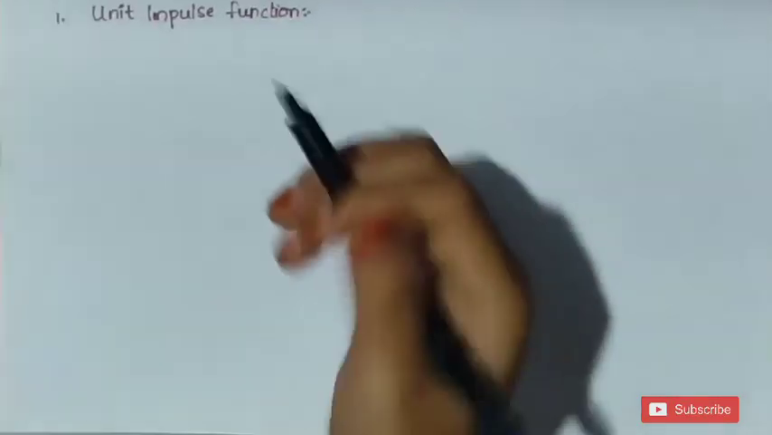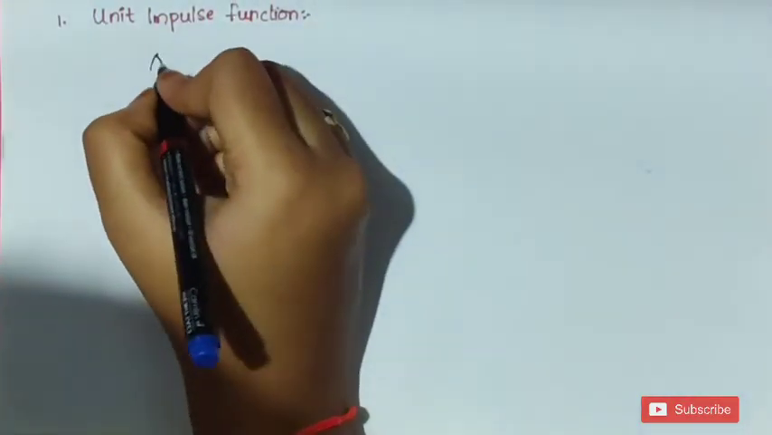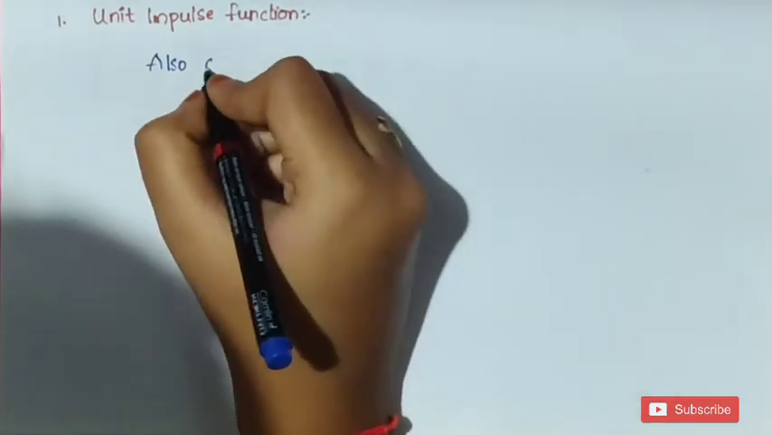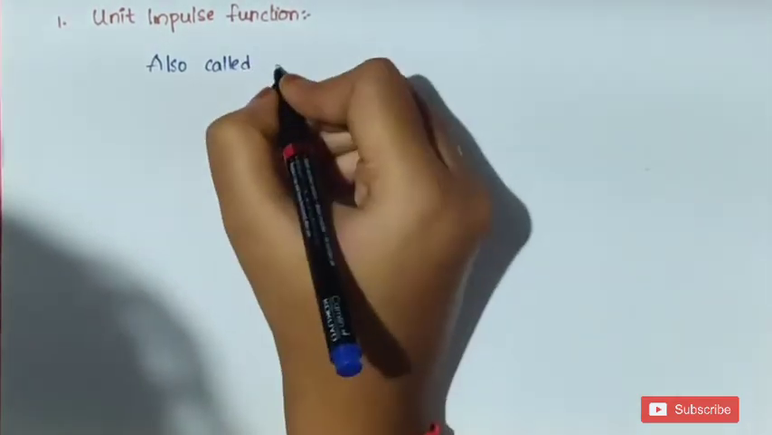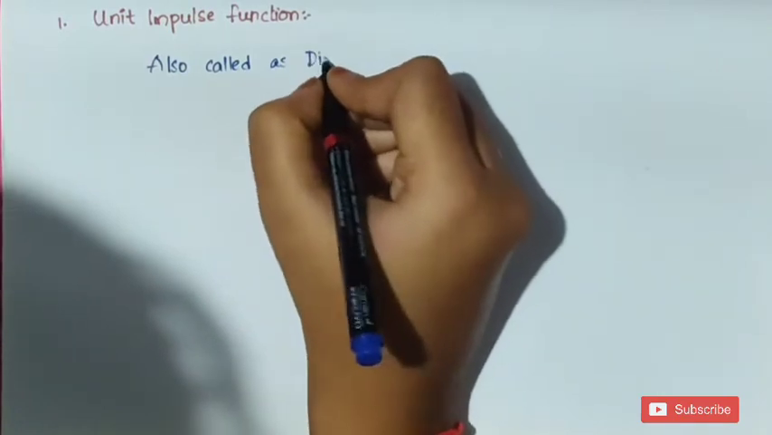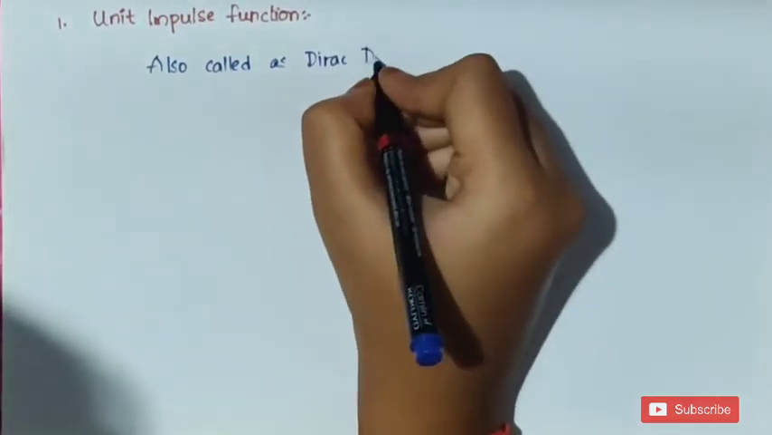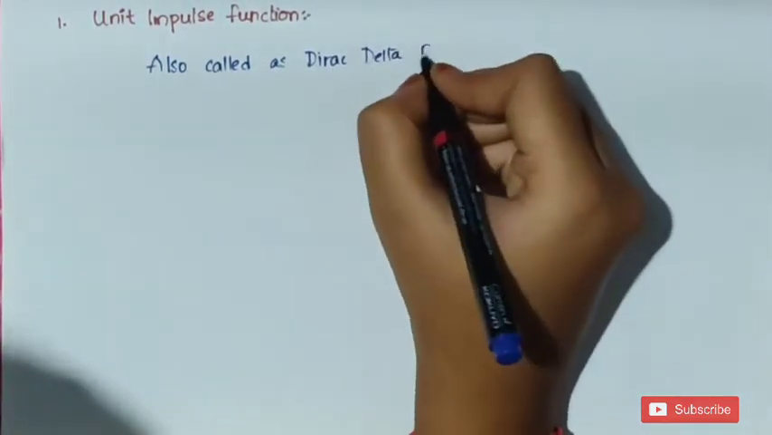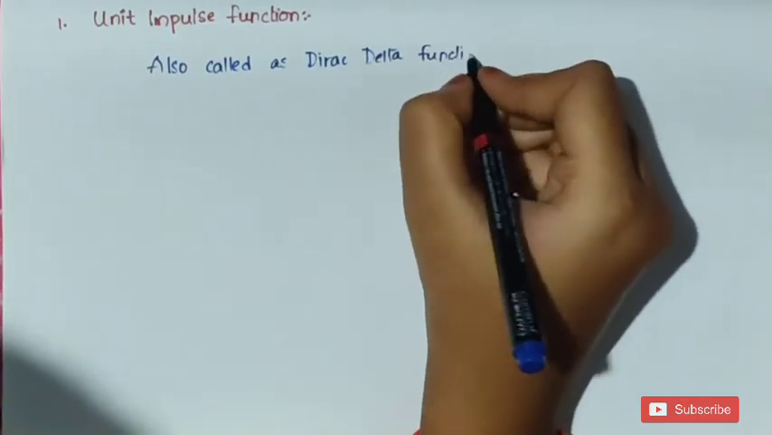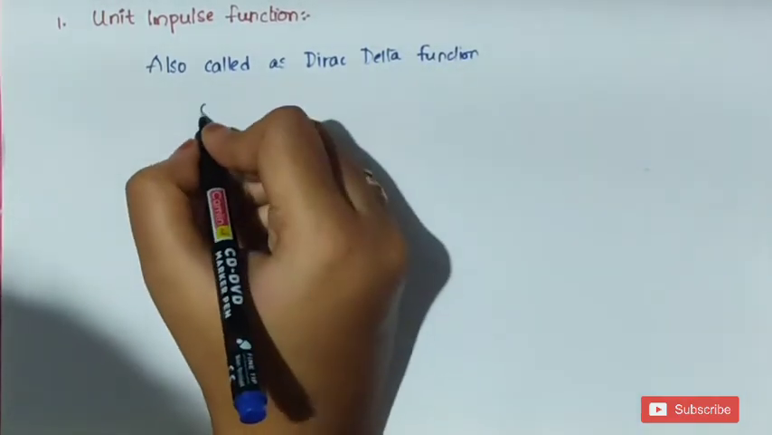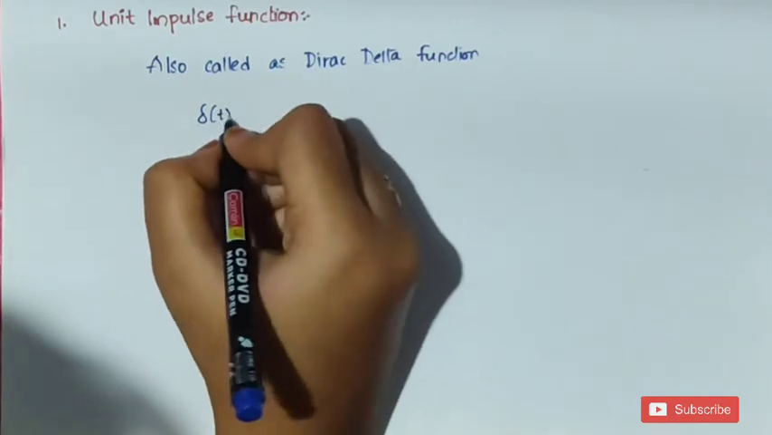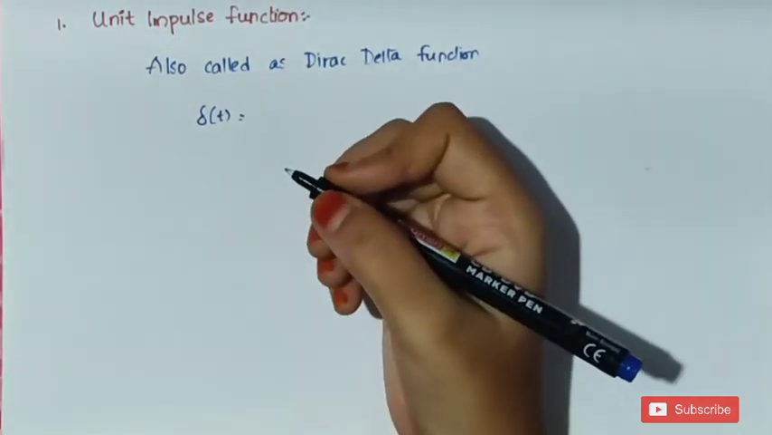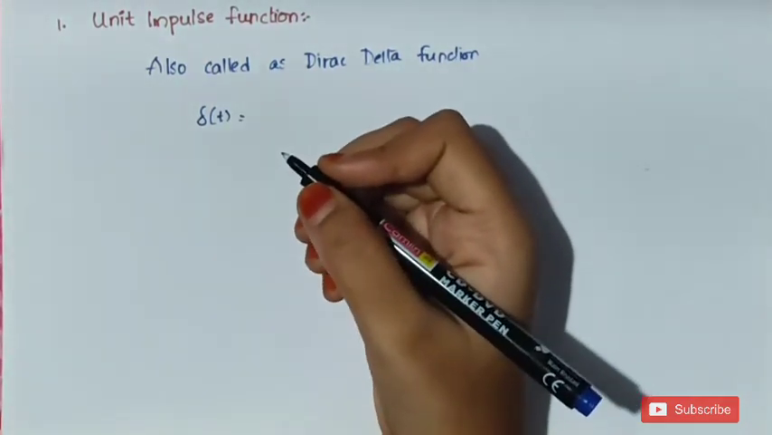The unit impulse function is also called the Dirac delta function. It is denoted by delta of t. We can write the mathematical equation as delta of t is equal to